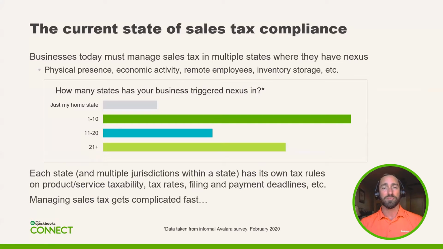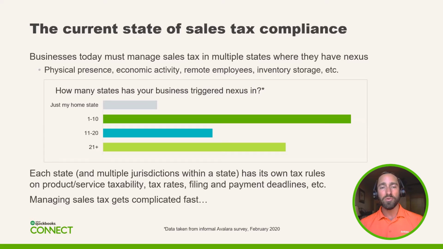And this is some really cool stats here. So how many states has your business triggered nexus in? Historically, we had a lot of folks that were only in one, but again, you can see here a high percentage are now having to get registered in 21 plus states. And if we do simple math, I usually ask most of the companies we talk to, what's your annual revenue? Now, if most states have a threshold of $100,000 or 200 individual transactions, if you're a $3 to $5 million company, odds are you're going to have to get registered in some additional states.